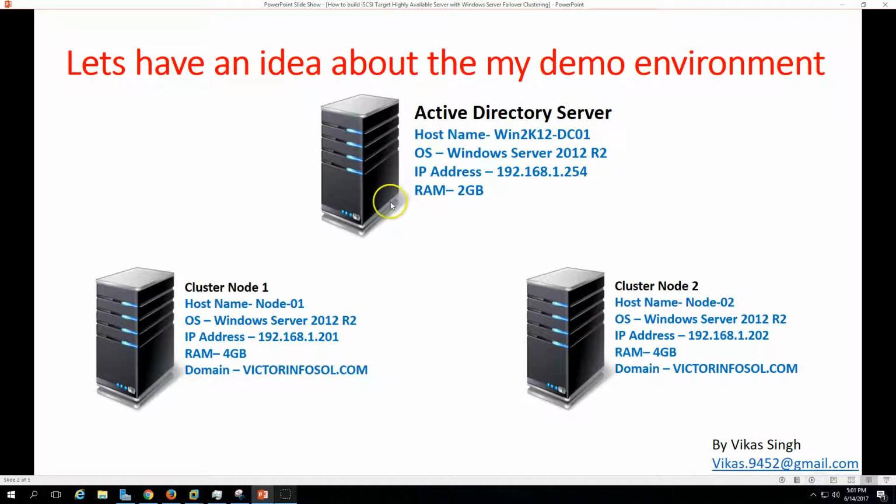So here is my environment which I am going to use in this demo. We have three virtual machines which we have used in the last few videos also, and a failover clustering. The first machine is Win2K12DC01, which is my active server. Here you can see I have assigned 2 GB RAM to this machine, and the machine IP address